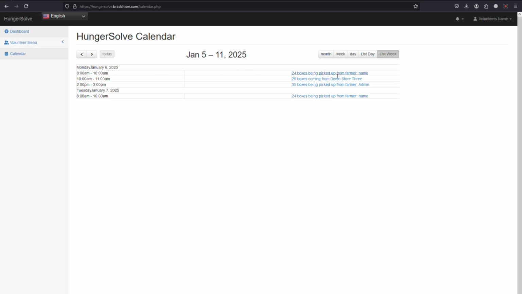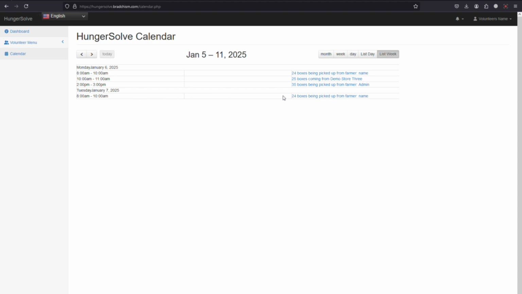As you see here, some demo information for farmer, demo stroke 3, the admin, and the farmer. On what day, the times,